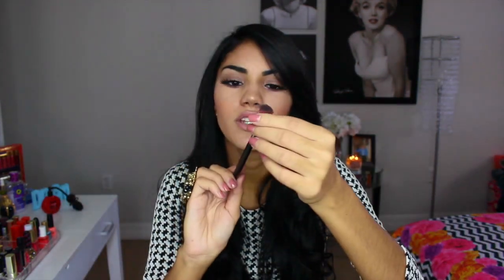So my favorite brush of them all is the blending brush. This is the blending brush that you will most likely always see me using in my videos. It looks like this, and once again, we all know the purpose of a blending brush, but this is a really